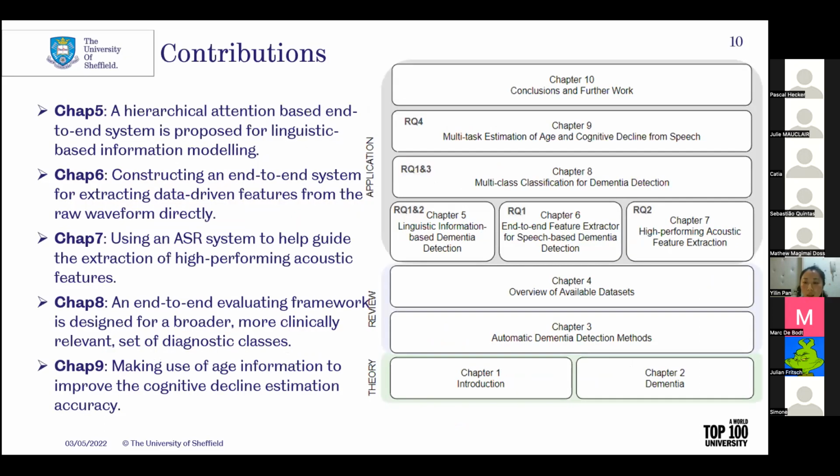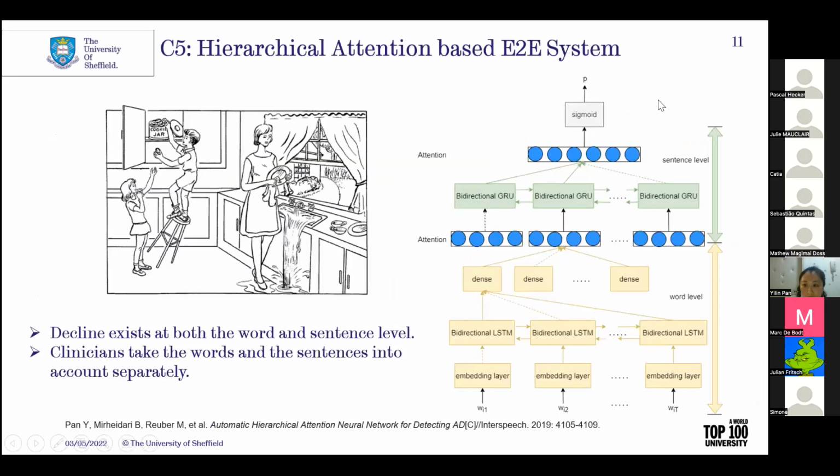And the thesis has in total 10 chapters, and it includes 5 experimental chapters. So for the next several slides, I will introduce the research we have done for each of the chapters. First of all, what we have done is